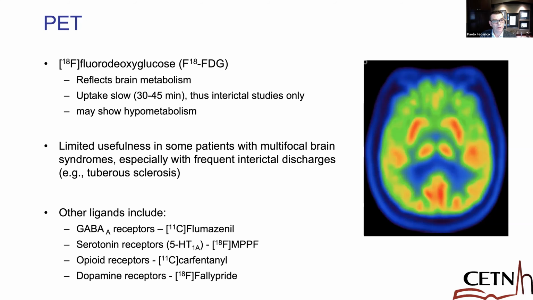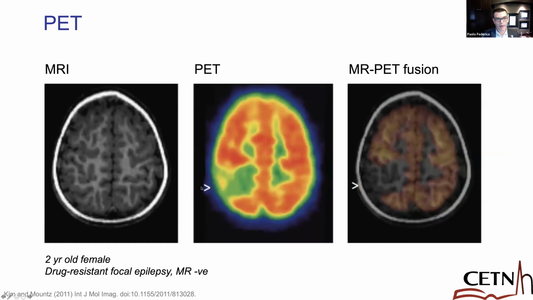PET can also be used to look at binding of other receptors, such as GABA, serotonin, opioid, and dopamine receptors. So here's just an example of a